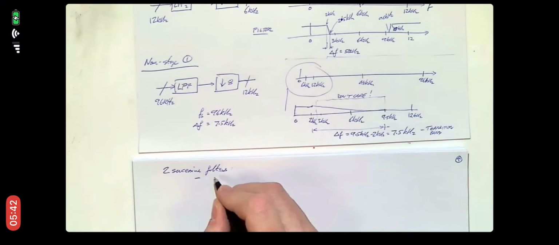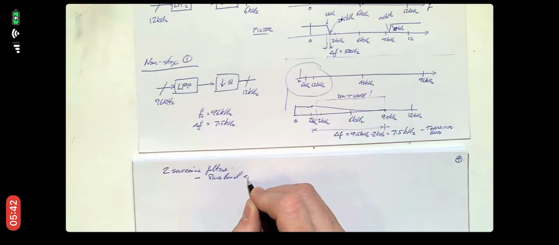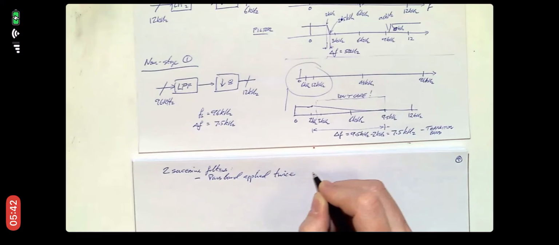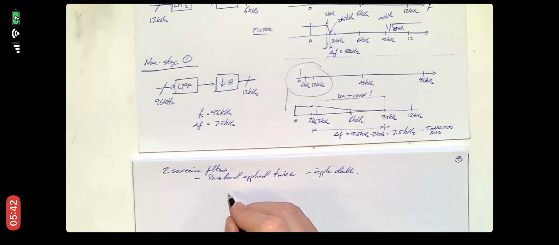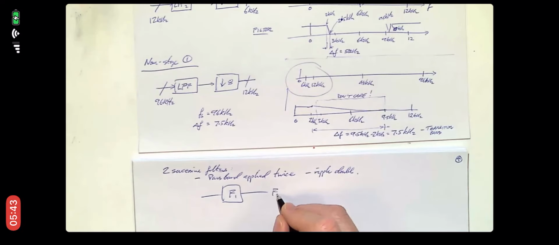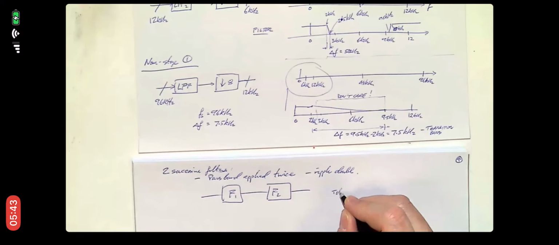Now, one of the issues here is that the pass band is applied twice. So the ripple doubles. So if we have some filter F1 and a filter F2, the total ripple,